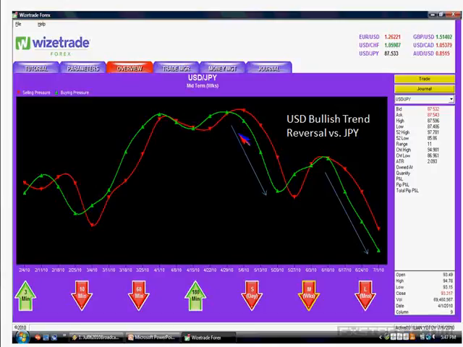Should it be a surprise then to see the Japanese yen also strengthening? Now, in periods of risk aversion, the Japanese yen is also considered a safe haven currency. And when one compares the US dollar and the Japanese yen, it's also perceived that the Japanese yen is an even safer haven than the US dollar. The reason is that the economy of Japan is mostly an exporting economy. Japan, in most instances, runs a trade surplus. And that is one of the reasons why it's easier for Japan to finance its debt